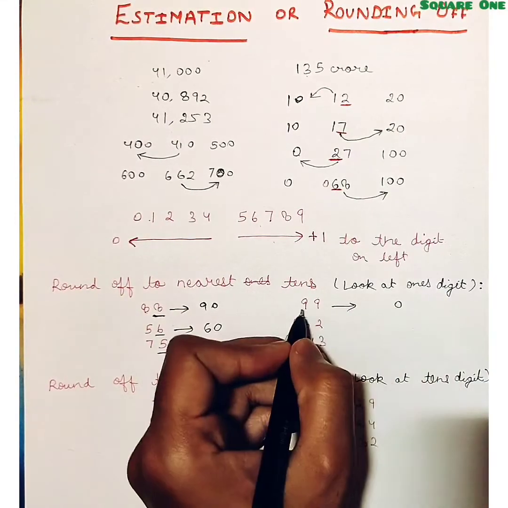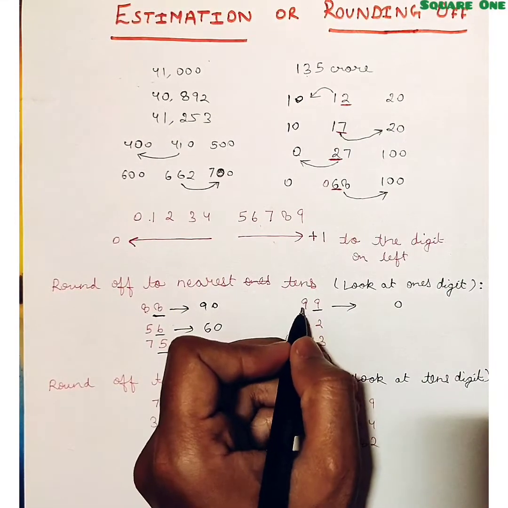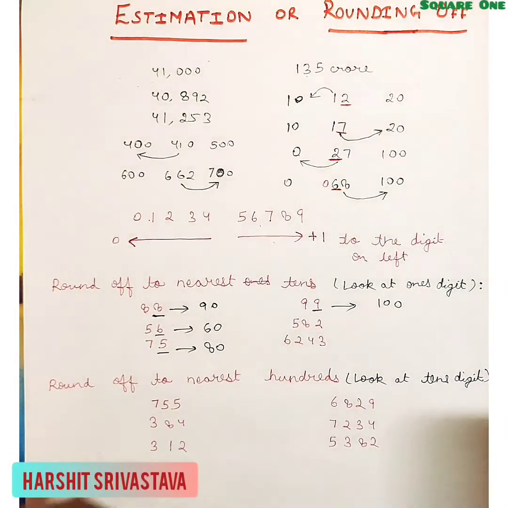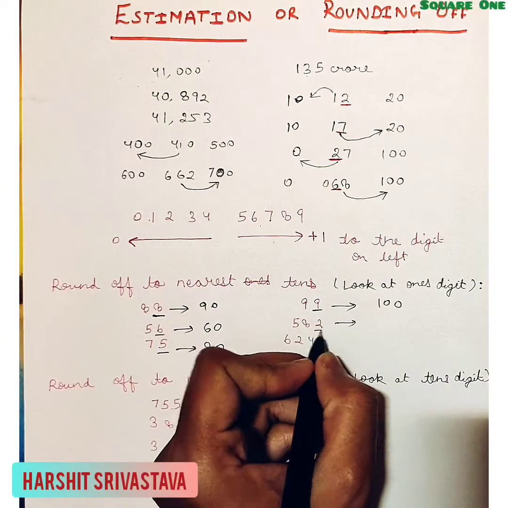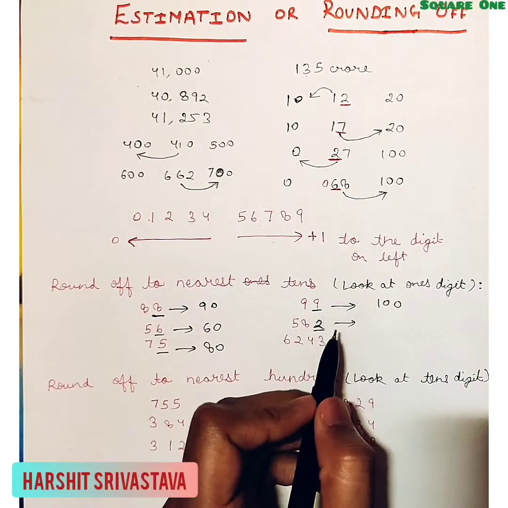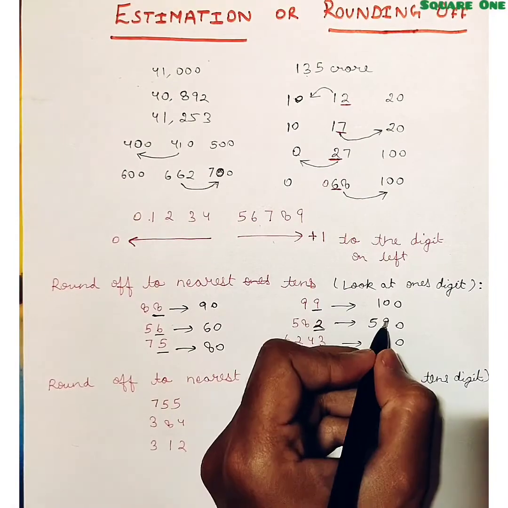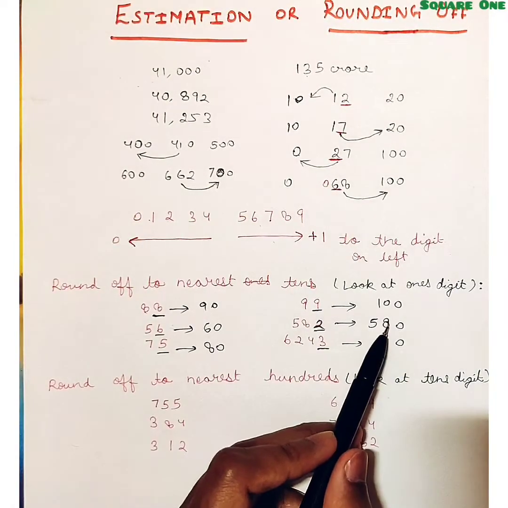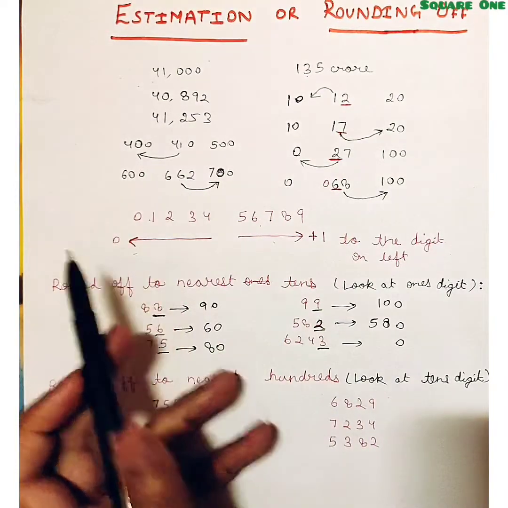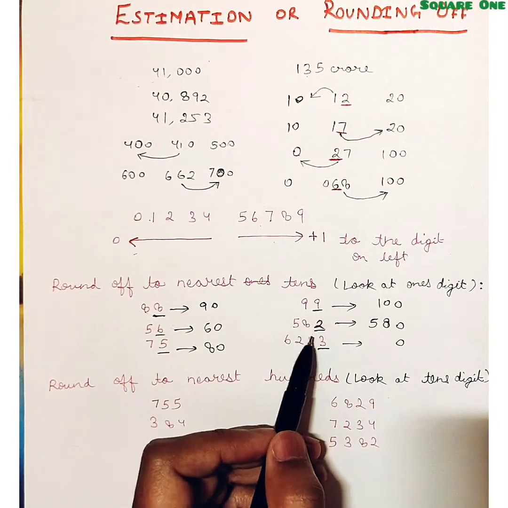9 becomes 0 and this 9, here we add 1 to this number and it becomes 10. So it becomes 100. 582, look at the digit at the ones place, it is 2. This 2 becomes 0. No change comes to 8. It remains 8 but 2 becomes 0 because there is nothing added to the digit on the left when the